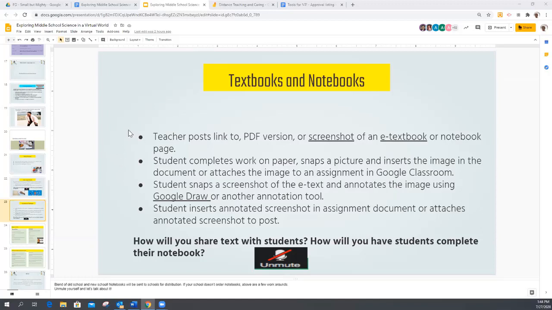So Charlotte, the only thing I really need to say with FOSS and their ebooks and the student books, the ones that we have purchased, so the new ones that we got a few years ago, I believe we already have access to those as JCPS because we purchased those. There are some, and I think the codes are in the beginning of your teacher guides, if I'm remembering correctly.